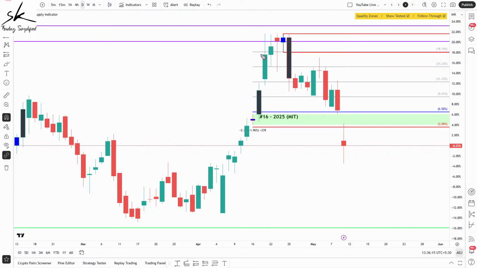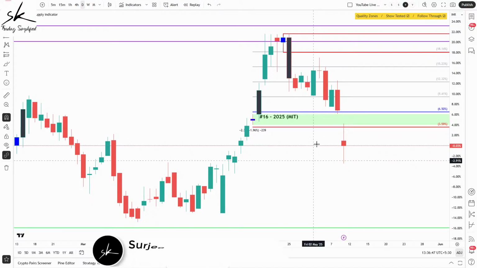Now, while we were doing the analysis, we did not have a 4:1 move. So that is why we gave it a score of 0 for the move from the zone. But you can see when the prices started coming back, we already have a move which is almost 4:1. Therefore, the score from 1.5 out of 8 would have upgraded to a score of 3.5 out of 8. But it will still make it a type 2 or a type 3 trade, because this is still a low probability setup. For a high probability setup, we need at least a score of 4, which would not have happened. So this would remain a type 2, type 3 trade.